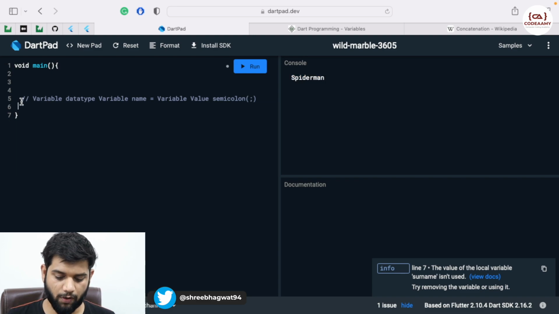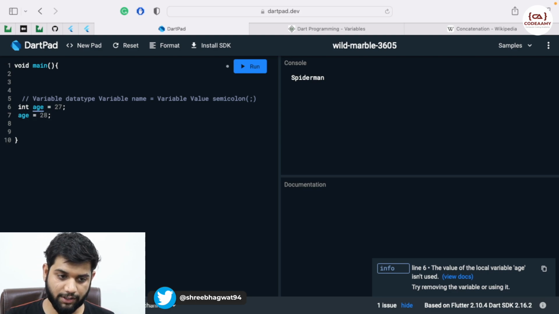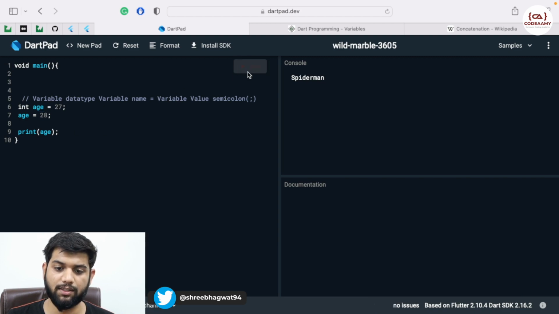Let's come to integer. So I will create integer age is equal to, my age is 27, right? Let's say after some time there is my birthday and my age increases. I'll write age is equal to 28, and let's now print age. Let's see what happens. So I'll use print, and here I will just print age, and if I'll run this, you can see it is printing 28.